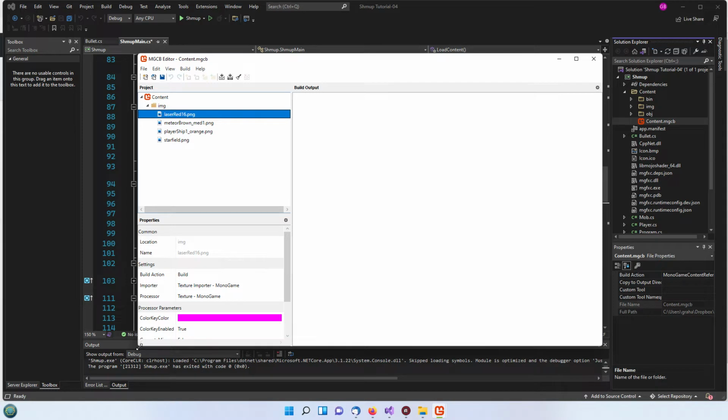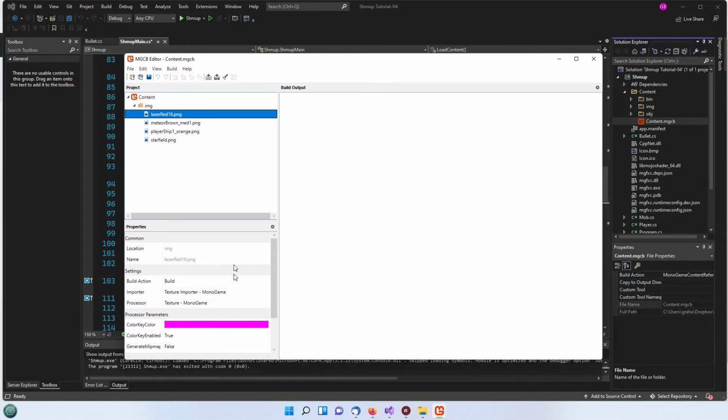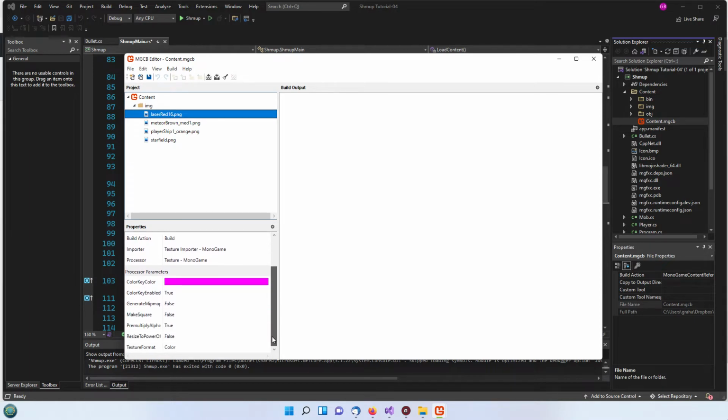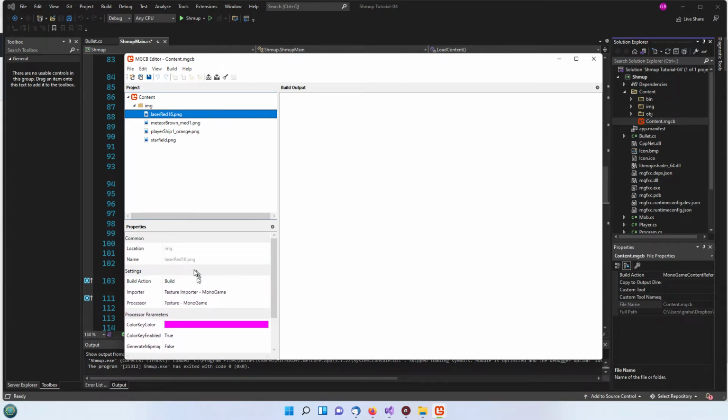For the moment we can just accept the defaults: the texture importer, Monogame texture processor, the key color. Just leave all this as it is. We don't really need to worry about it. And then obviously the name of the image there. You can change the preprocessors if you wanted to, but for this purpose, just accept them as they are. Once you've finished, hit the save button and then hit the build button here, and that will build the